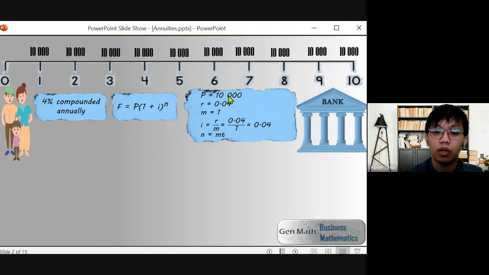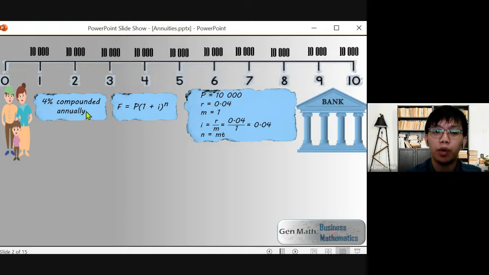And given the formula, we're going to identify what are the values that are already given in this scenario. We have the 10,000, that is the principal amount or the present value. And then the rate of interest, it is given to be 4%. So this is already given in such agreement, or how much is the rate of interest in such agreement. And that will be 4% or in decimal, 0.04. So I do hope na alam nyo kung paano isulat ang isang percentage sa kanyang decimal form. Kasi basic na yan.